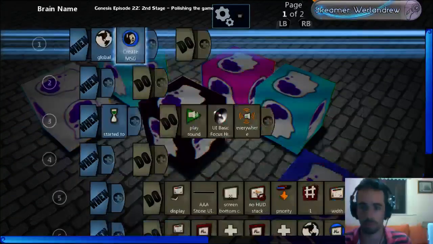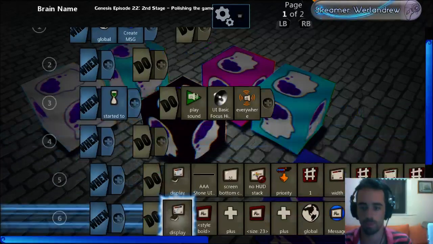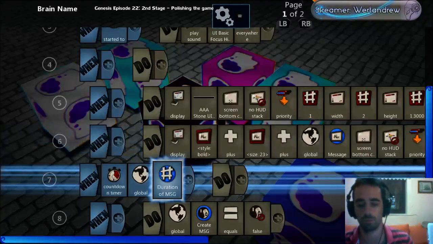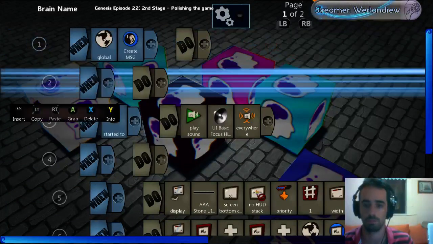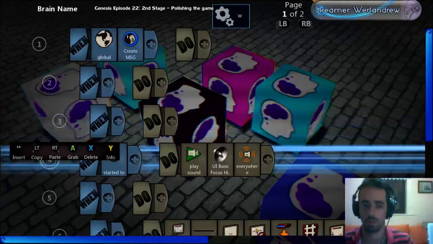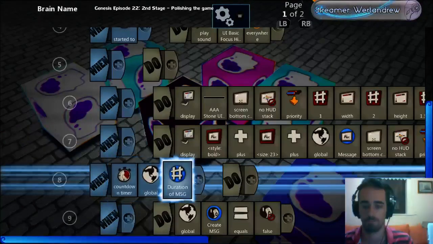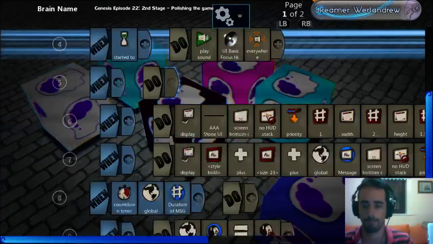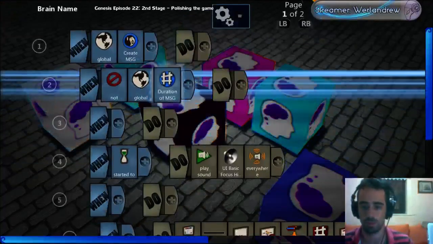So it's a simple mechanic. It says when the create message is triggered, then it plays the pop-up sound of the message and it shows the message along with the message that I've wanted, and then after the set duration, it just turns it off. So what I'm gonna do here is add everything into a line, and say not global duration of message